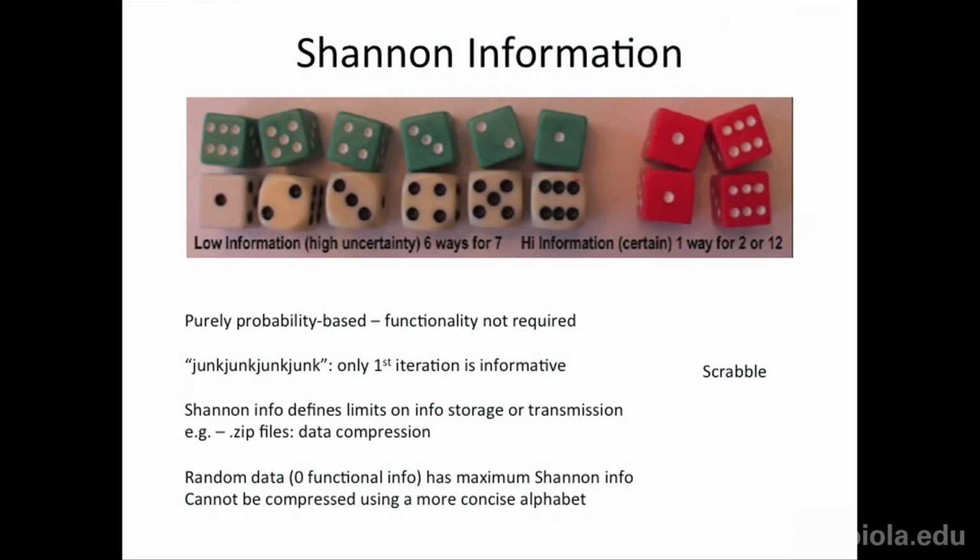High Shannon information content is that there's only one way to roll a 2, right? There's only one way to roll a 12. That's just Shannon information. We're just talking about how to make the numbers, but high or low. This should give you a clue as to why certain dice games are set up the way they are. If you're rolling craps, if you hit a 7, you're out. Well, 7 is the easiest number to come up with, because there's 6 ways to do it. And if you get snake eyes or if you get 12, that often means big payout because that's hard to roll. But this is all just examples of Shannon information.